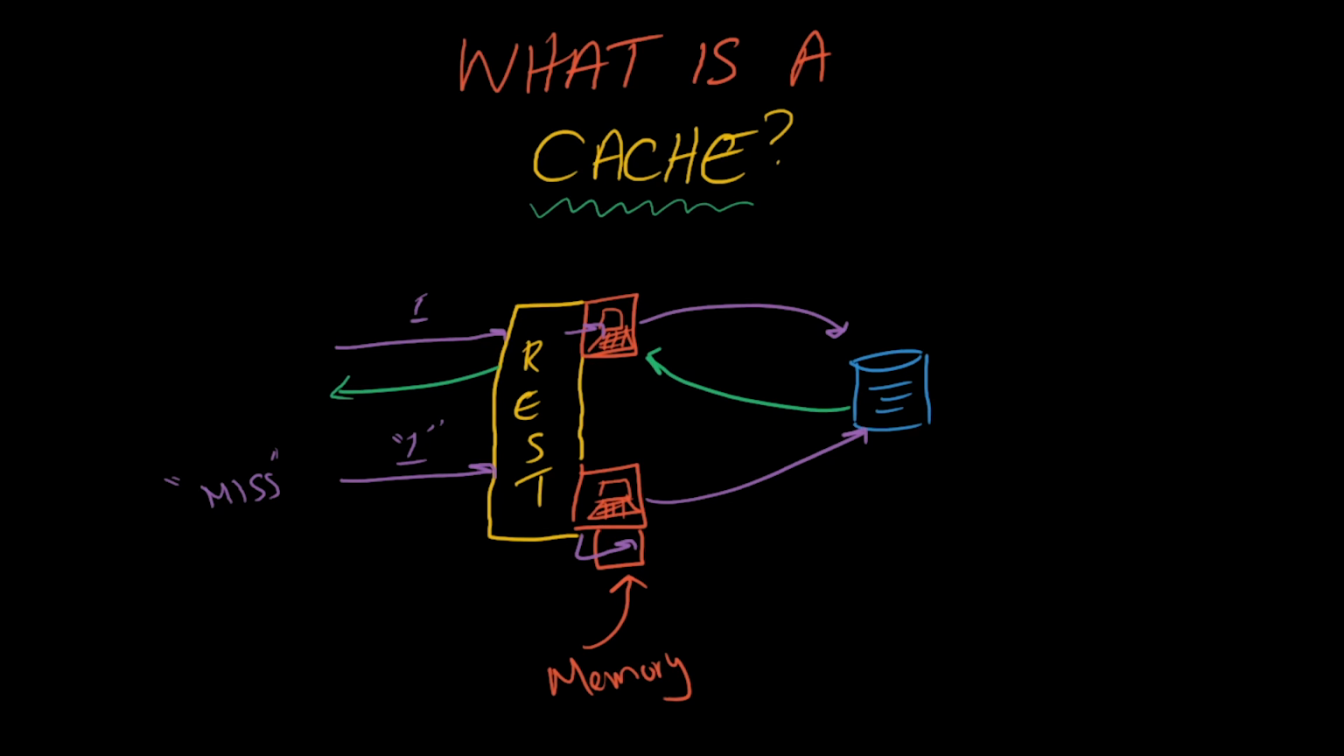Let me get my green. The database will respond with that data, but before returning the data back to the client like we saw in the previous example, it will insert that data into the cache so that when a request comes in next time, the data will already be in the cache,